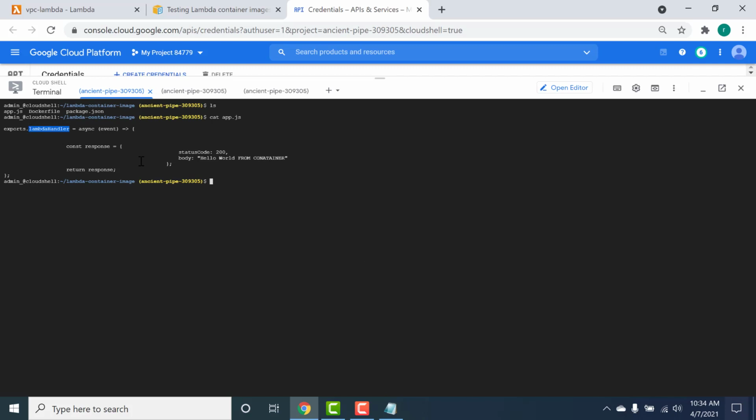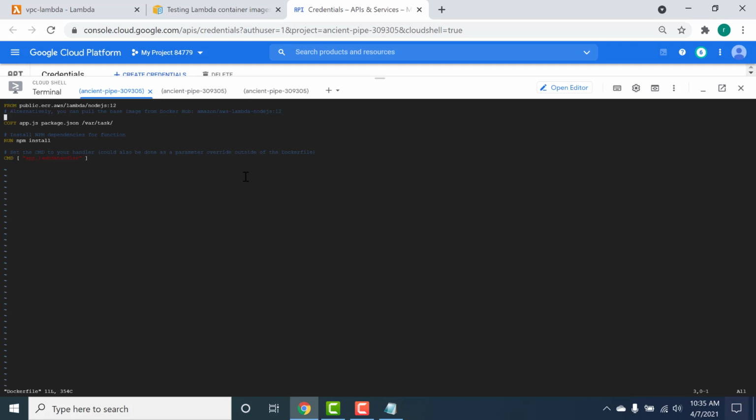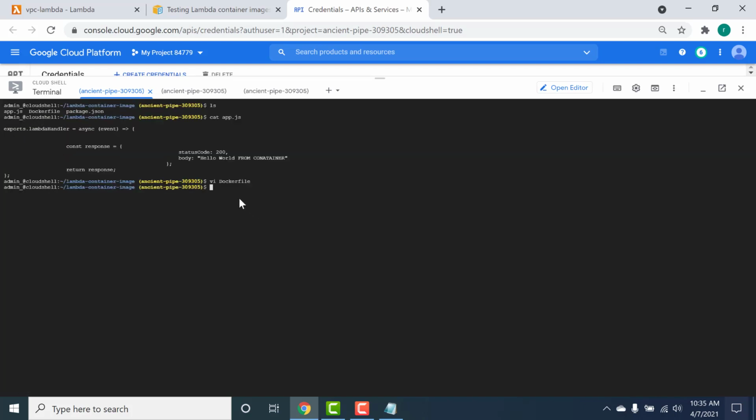I'll copy this, go back to my Dockerfile, and change the name of the handler again. Now it looks correct. Let me close this and build it again.